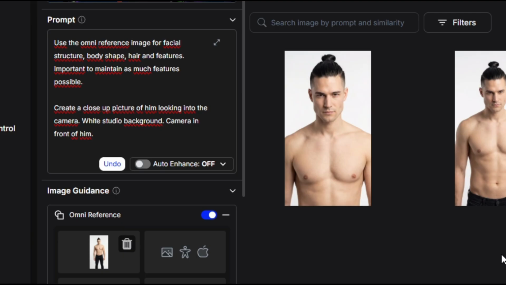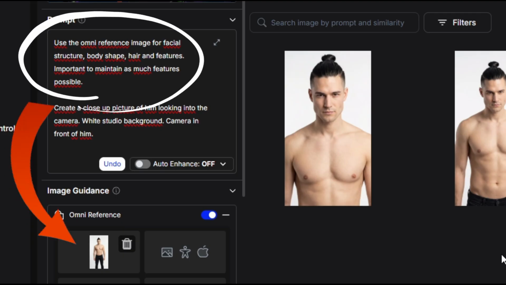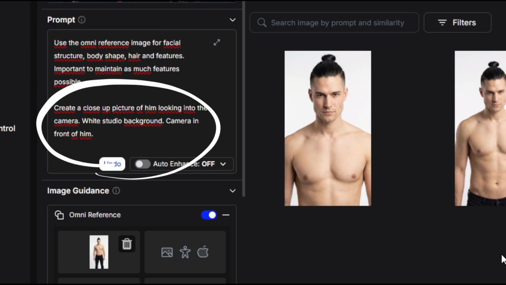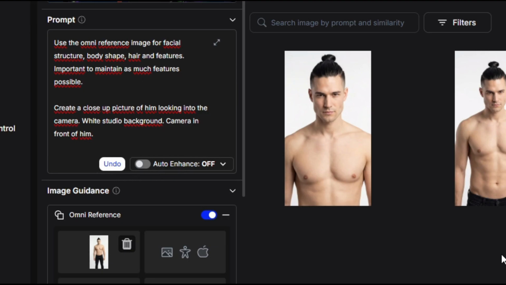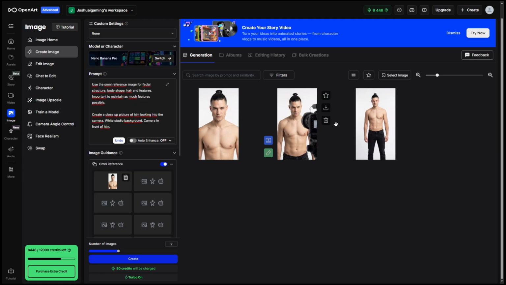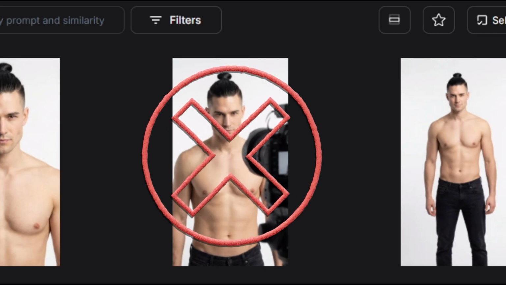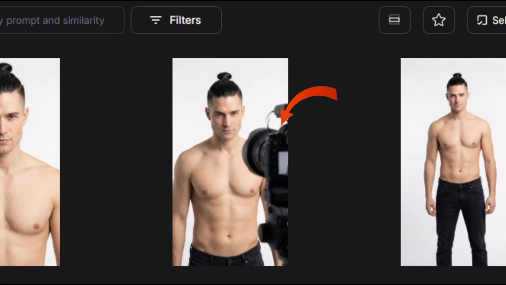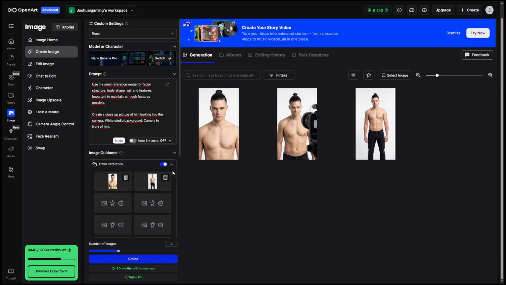Now you can see that I've changed my prompt to work with the OMNI Reference to kind of force it to do as I want it to do. I needed a clearer and up-close image of him with the exact same setup and so on, and this is the best way to get it. So now I'll add this close-up picture of him to the OMNI Reference. The more you got, the better the outcome will be. Do not use this picture. The OMNI Reference might want to regenerate the camera in front of him because it thinks you want it, and we do not. So now we will begin targeting his side